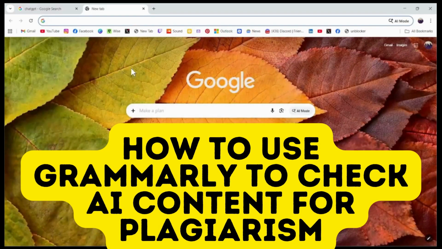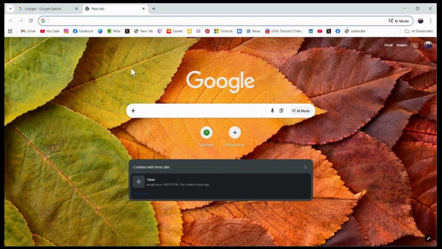How to use Grammarly to check AI content for plagiarism. So if you want to use Grammarly to check AI content for plagiarism, then what you need to do is